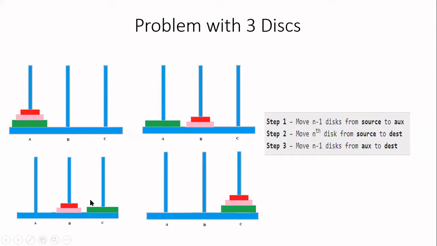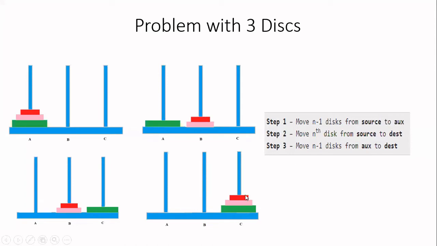Now, after that is over, you will get like this. Now, what is the next step? Here you have n minus 1 disk. Okay, so you have to move n minus 1 disk from auxiliary tower to the destination tower. But again, you cannot move all the n minus 1 in a single move. That requires a recursive call, right? So after that move is over, you will get like this.